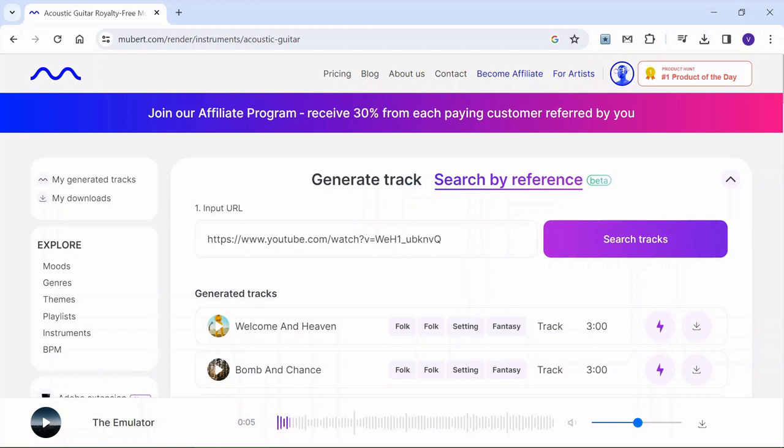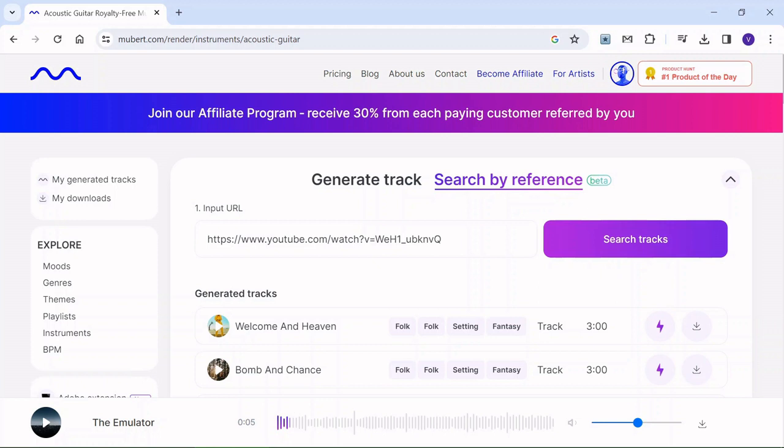You can copy it from YouTube and paste it here in the search field, and Mubert will generate a similar track like this one,